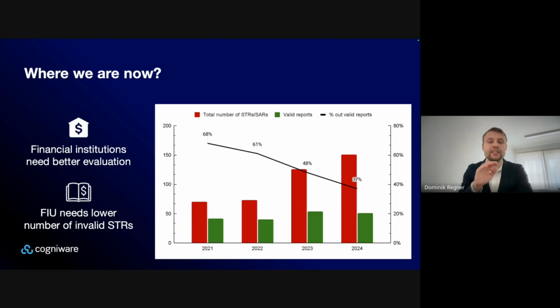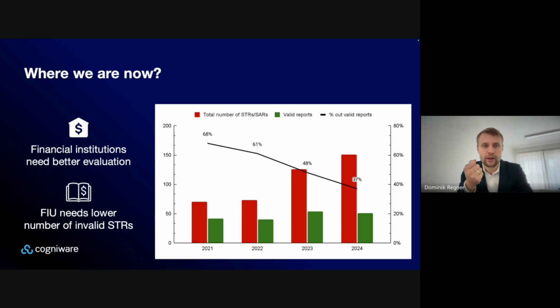And this number is increasing each year, as we can see in the red color. But many of them are invalid, and the ratio between the valid and invalid gets worse and worse.